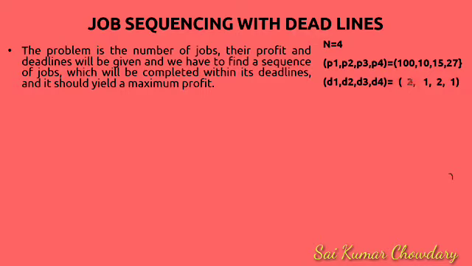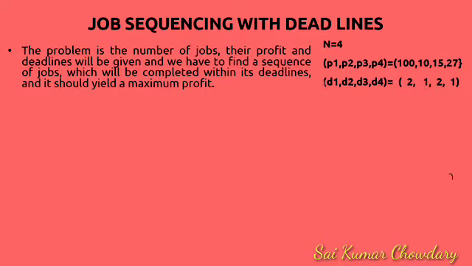And one more thing you need to remember, of course this is a very important point: if this job is scheduled, then the availability of the next jobs will be reduced. Let us suppose after 1 hour, the availability of this job will be 1, this job will be 0, this job will be 1, this job will be 0. You cannot say that I am not using this job, so the availability is again 1 unit of time. No, not like that. We'll see that in depth also here.